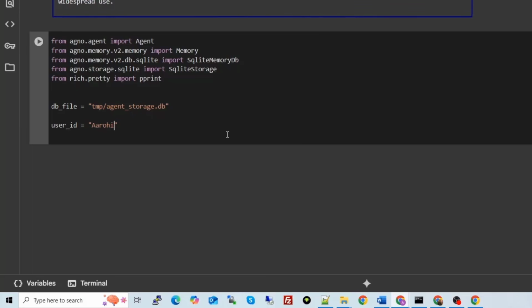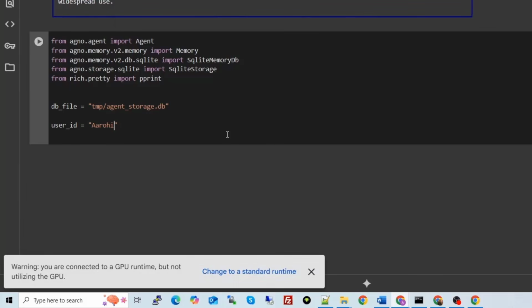So the user ID simply means this: let's say user ID Arohi. I had a conversation with the chatbot today, and tomorrow when I'm returning again and I want to continue the conversation, if user ID Arohi is mentioned, then your agent will know, okay, this is the user ID Arohi only.